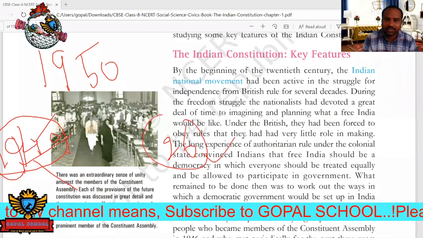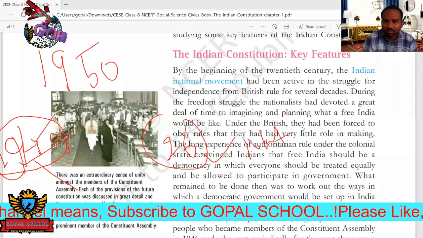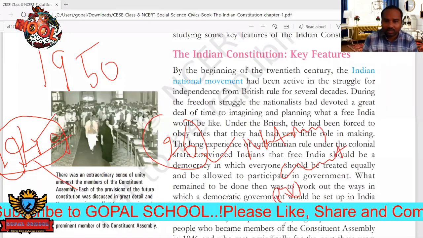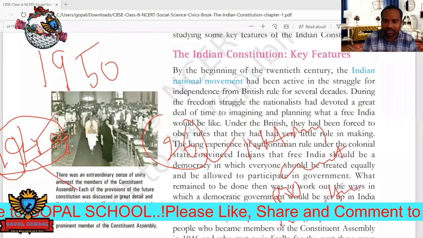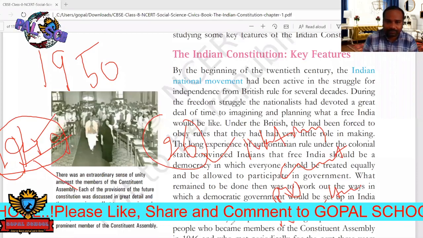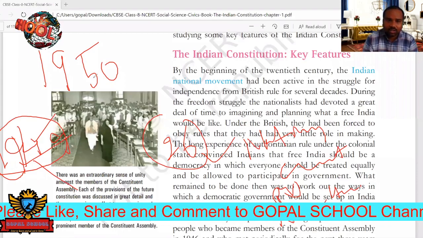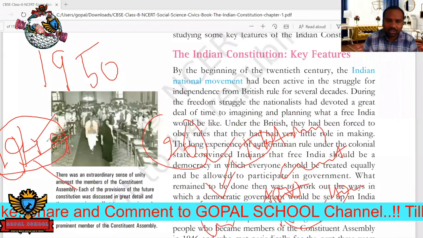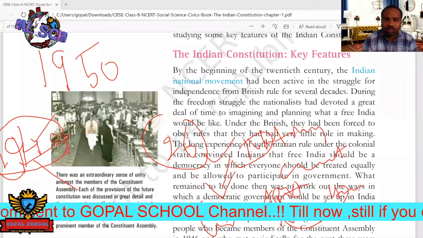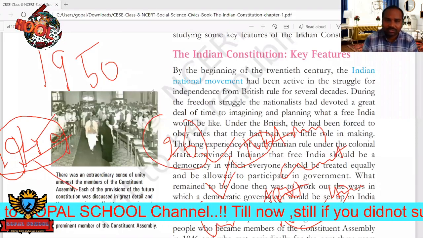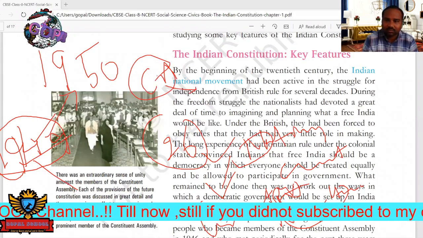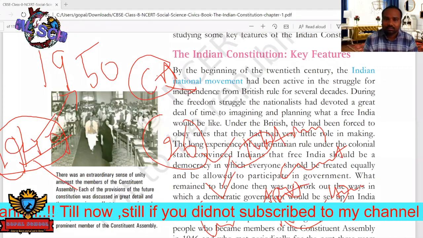This day is considered National Constitution Day, and it is also celebrated as National Lawyers Day, because Ambedkar was a great lawyer. So by the year 1949, constitution writing was completed. But from 1949 to 1950, the constitution was kept in front of the Constituent Assembly, and they discussed what the objectives, subjects and items were.